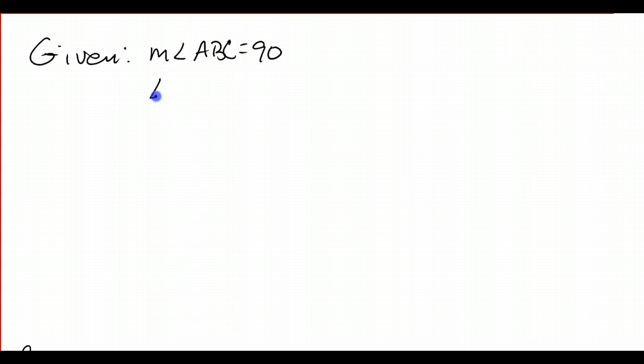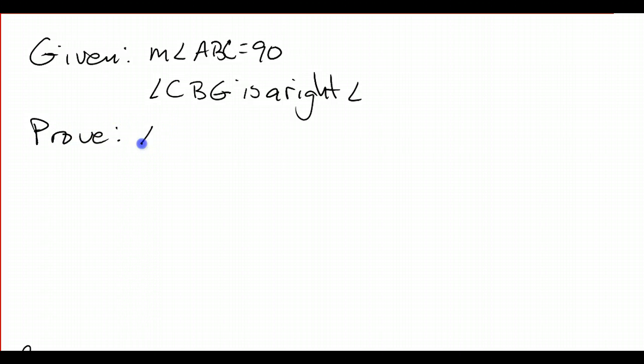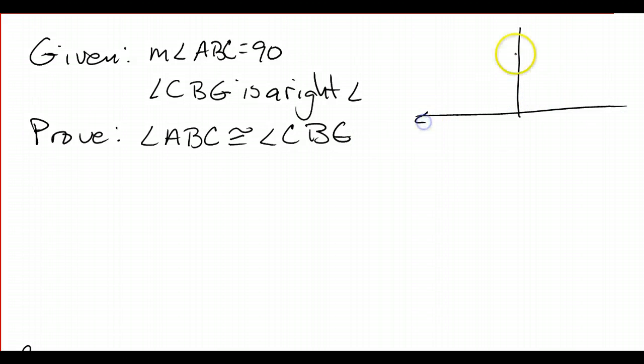Alright, so I am given that the measure of angle ABC is 90, and I am given that angle CBG is a right angle, and I want to prove that angle ABC is congruent to angle CBG. Here's my diagram. I've got A, B, C,